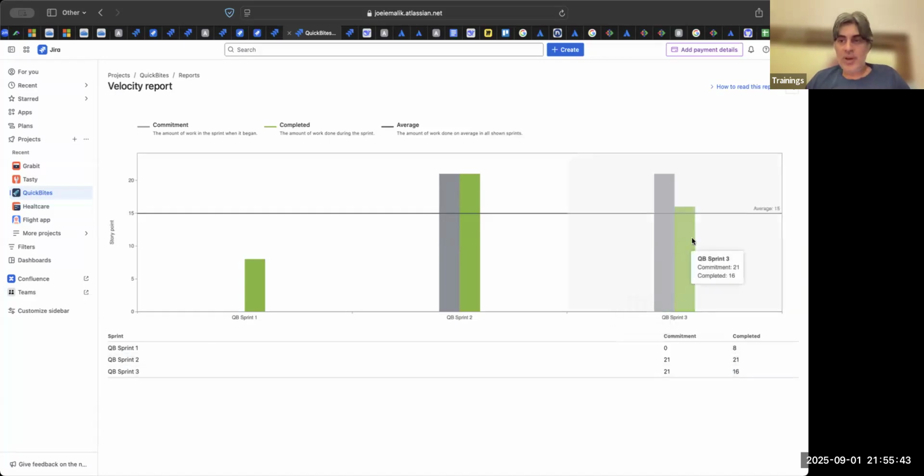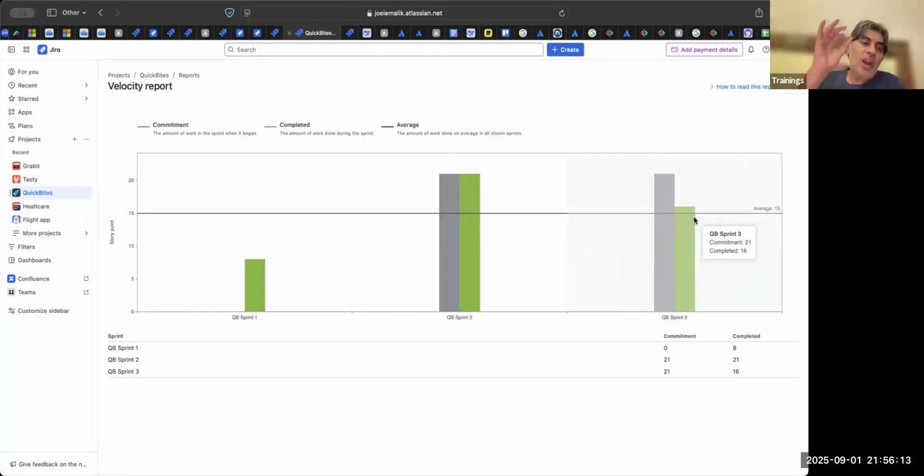So after 3 sprints, their average velocity is 15 points. This gray bar is the one which you do a commitment for. Let us say you took 30 points. That is your commitment. But in reality, how many of those 30 points were you able to complete? Let us say you could only do 20 points. That will be your actual velocity. So in this case, our average after 3 sprints is 15 points.